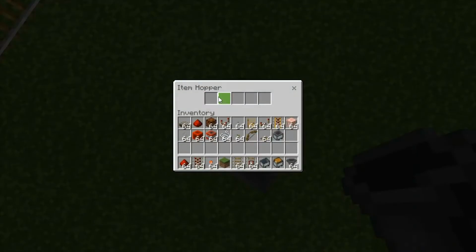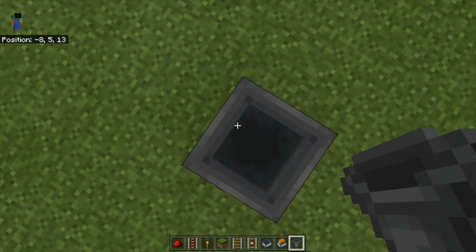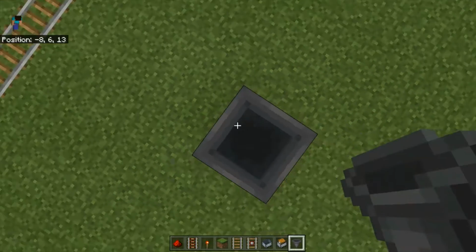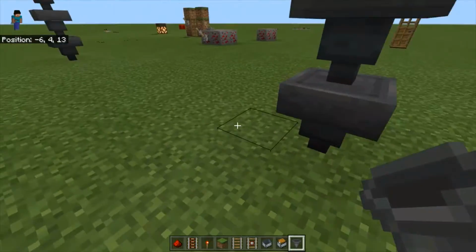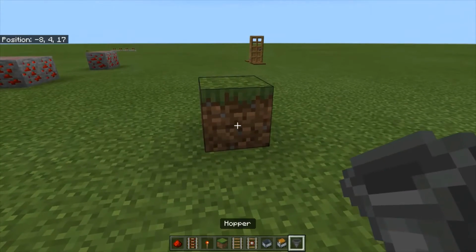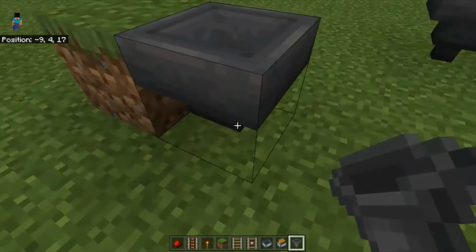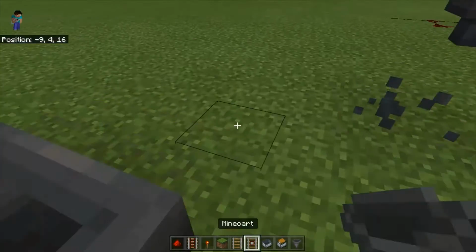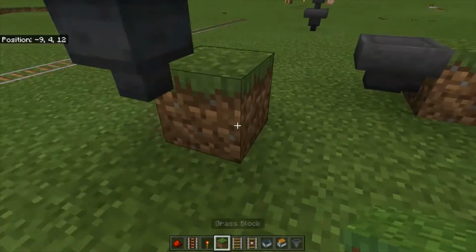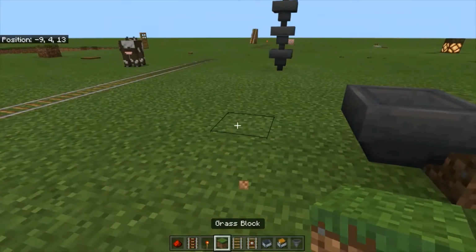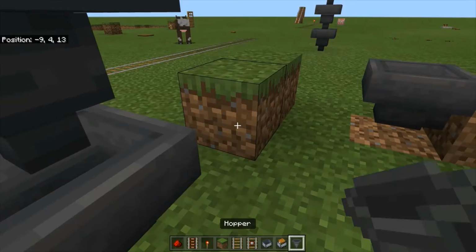So funnels are facing down. Then also, if you place it on the block, then the funnel will be facing that block. So let's put a grass block here, put it facing there, then some more here,